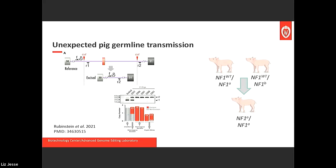This is with droplet-based PCR, before compartment-based digital PCR existed. So those look to be truly homozygous, but then you get these samples down here where we see one allele of excision and nothing else, which led us to the conclusion that there's some other allele that we're not capturing with these assays, some unexpected chromosomal rearrangement event that is just not what we're expecting. So these animals are not pure heterozygotes. There's some sort of compound het